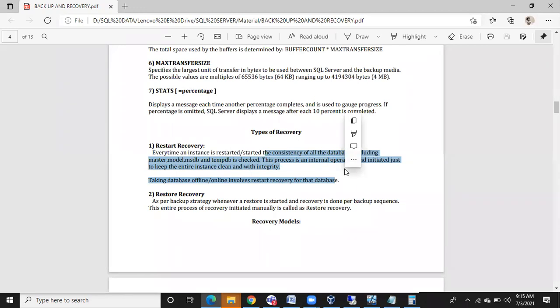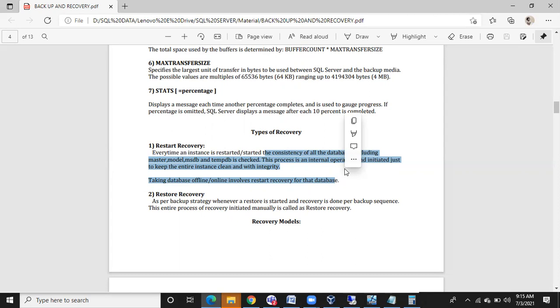is healthy or not. If it is not healthy, it will try to repair from its side. SQL Server database engine will try to repair. How is it going to repair? It will run DBCC CHECKDB on each database automatically. This is an automatic operation. Nothing to do from your side, guys. Whenever you restart the SQL Server, it will run DBCC CHECKDB on each and every database to make sure the database is healthy, so that the server will be healthy.